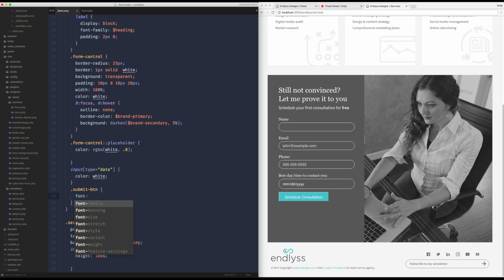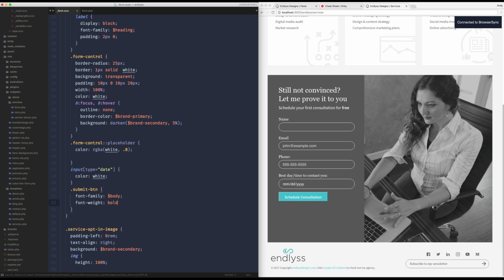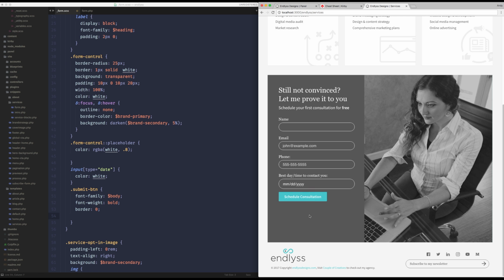We need to, what is our buttons? They use the body and the font weight. It's like bold. Is it bold? I think so. And there's no border. Does it do our stuff we like? Yeah, that's cool. I'm gonna go ahead and add a cursor, pointer,